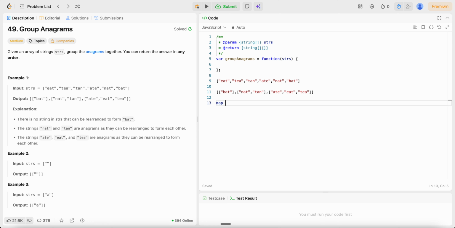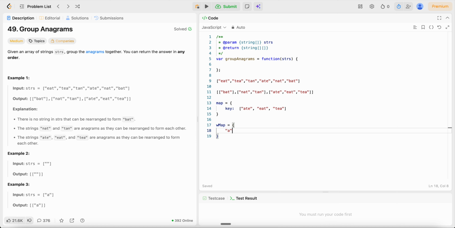Let me give you the solution overview. Let's say there is a key and a value, and this value can be ate, eat, and tea. We are sure how to create these values, but we need to create a unique key for them, right? That's the main part of this question. So let's say we can use a map. Let's say, for example, I am using a simple word map,